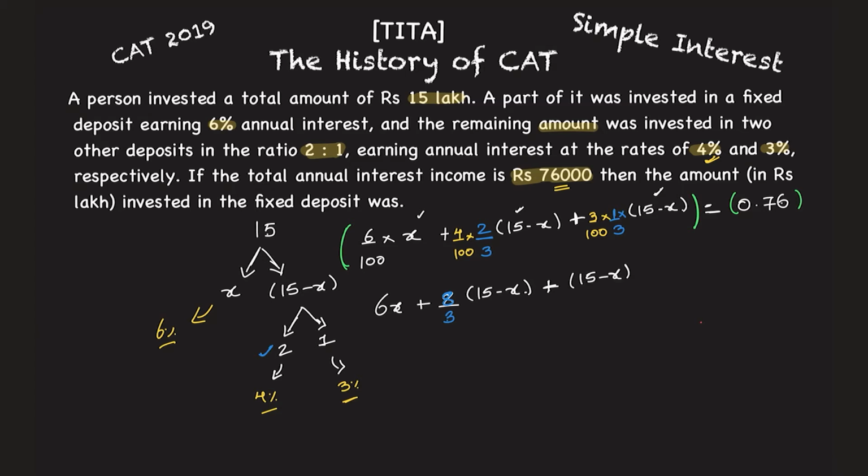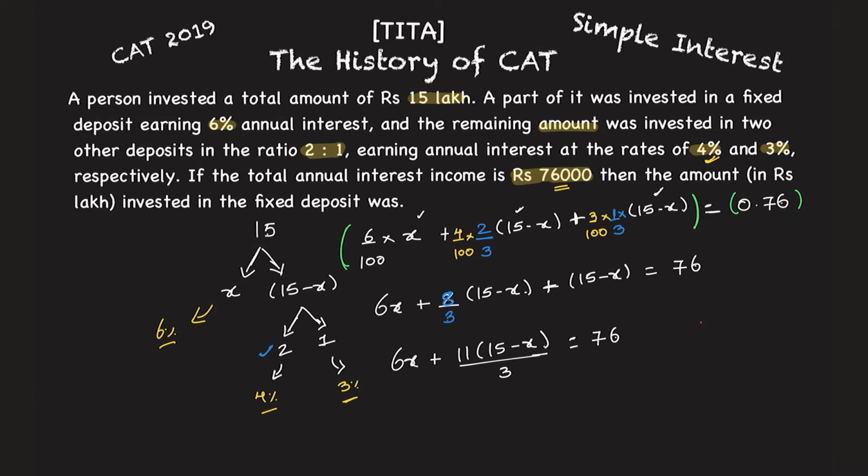Because this 3 and then this 3 will get cancelled, and you are left with this equals to what? This is multiplied by 100 and this becomes your 76. So 0.76 into 100 is 76. Now let's just simplify this. Now it looks quite easier, right? 6x plus what? 8 plus 3, this becomes 11. 11 of 15 minus x upon 3. So let us take this 3 here. If I just take this 3 here, this equals 76. Let's take the 3 in the next step. So this is how I get it here.